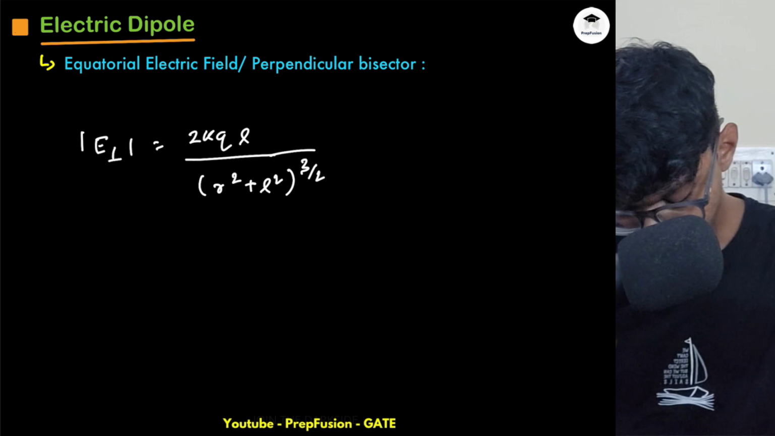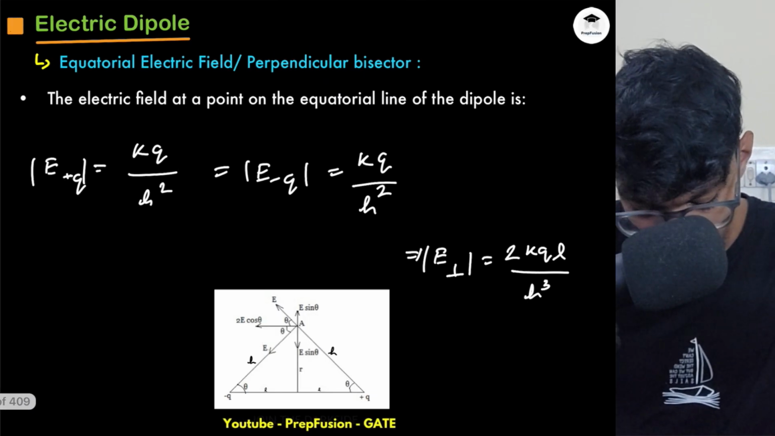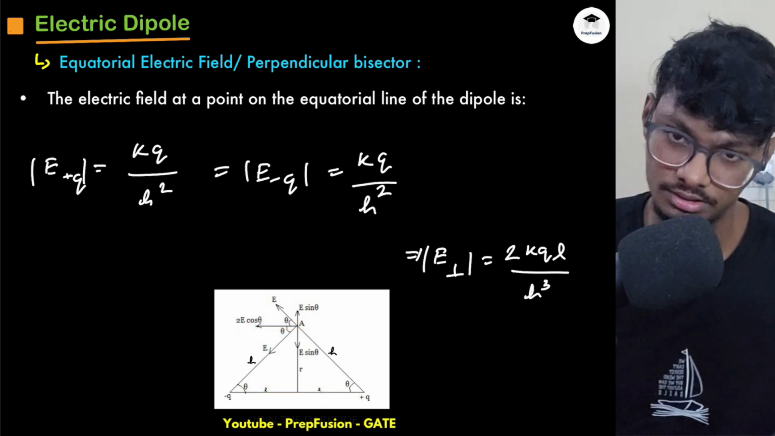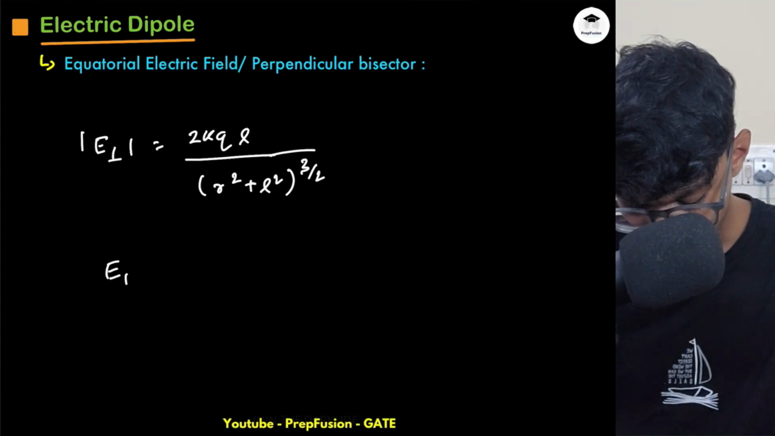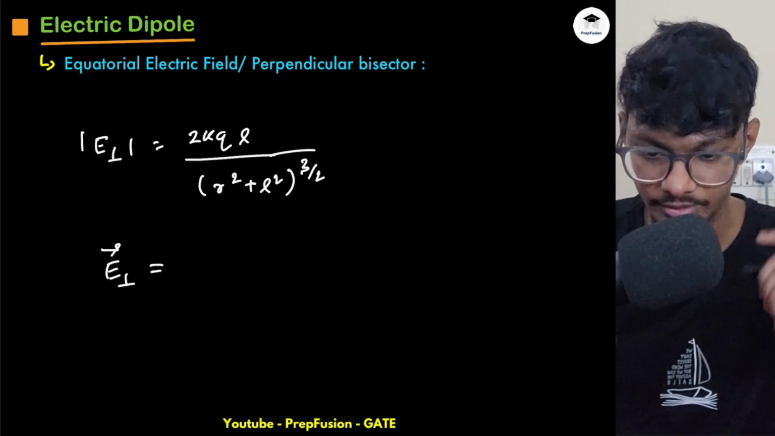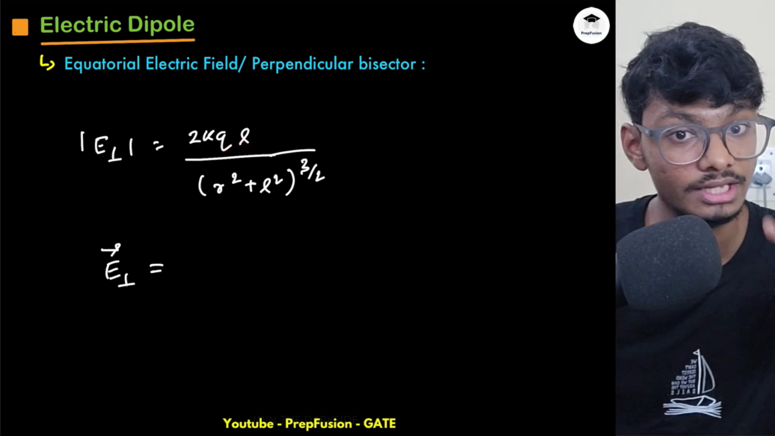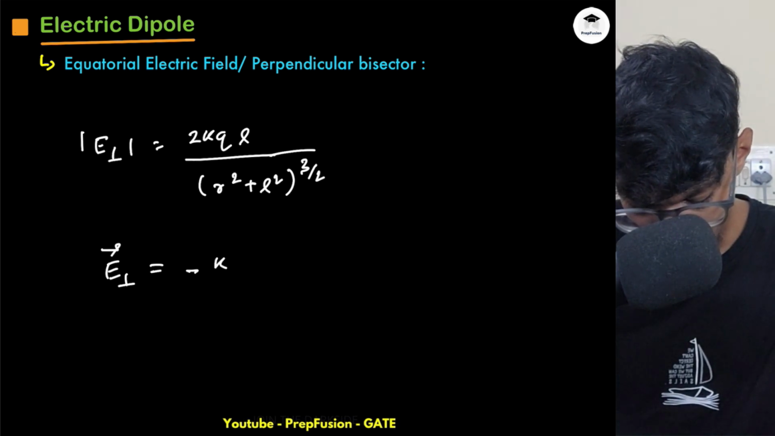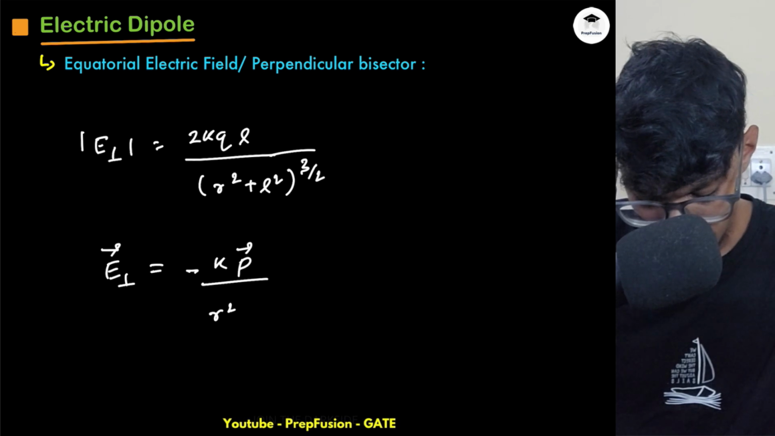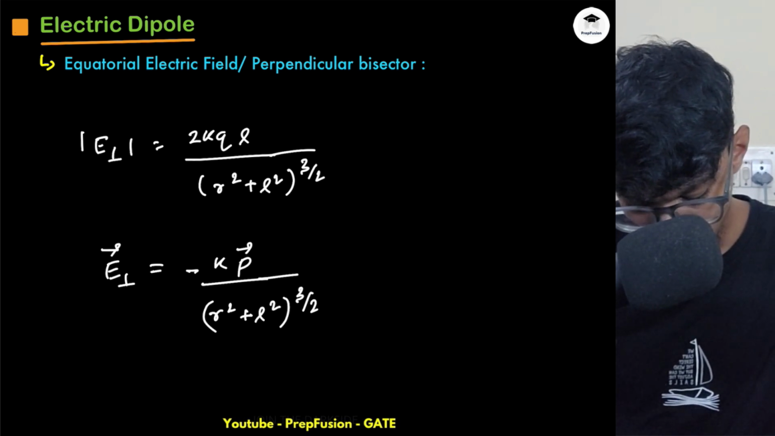Now what do I do? This direction will be opposite to the dL vector, because dL is from minus Q to plus Q. So my E perpendicular vector is along the perpendicular bisector. Now remember this 2QL is again the dipole moment. So I can write minus KP divided by (R square plus L square) to the power 3/2, where R